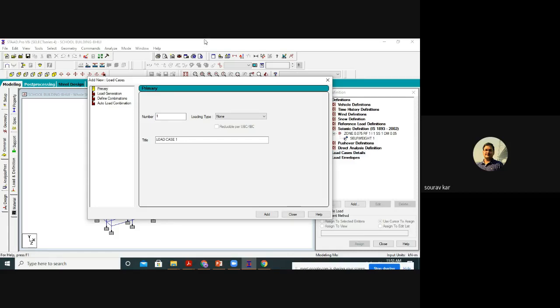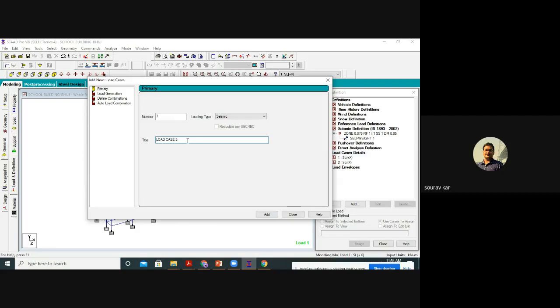Okay. So the first will be seismic. I am putting the name SL plus X, that means along the positive X direction. Again, number 2 will be SL minus X, the minus x direction.